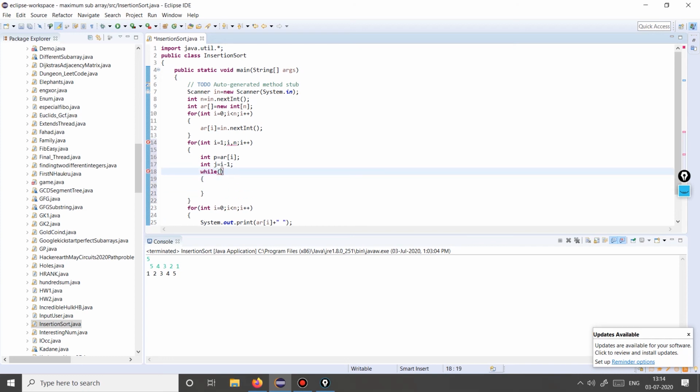Then while j is greater than or equal to 0, because we had to run the loop from i minus 1 to 0, as well as we have to run this until the current jth element is greater than the key. If it is greater than the key element or the pointer that we have, that is p, we are going to swap the adjacent element: array j plus 1 equal to array j, and j minus minus.